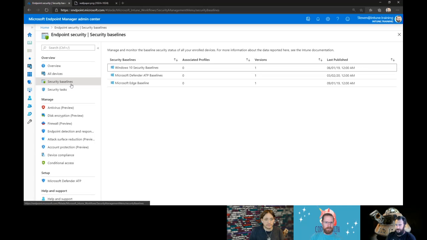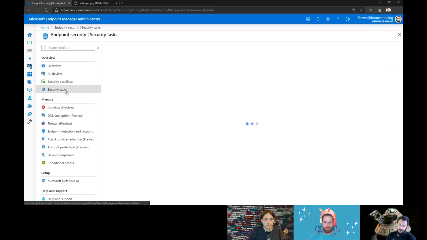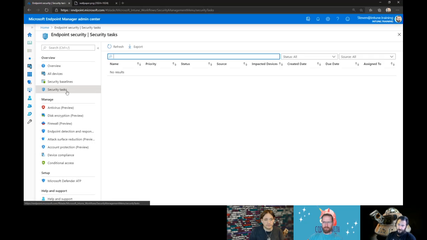So then there's the baseline, security baselines. These are the features that you can go and publish and deploy. This is the same as what you have in the traditional Azure portal. And then we're stepping into the new stuff, which is security tasks. So if you go and create alerts and tasks inside Security Center, so the Defender ATP portal, you can start seeing the information popping up in here saying, well, you need to go and do stuff. That's cool. And this is where you're assigning it to people or assigning it to teams to say, go and fix stuff. So we don't have anything in our tenant, otherwise we would have done a demo.